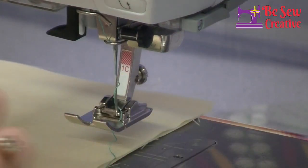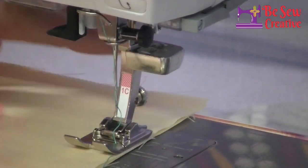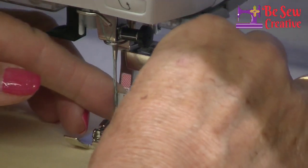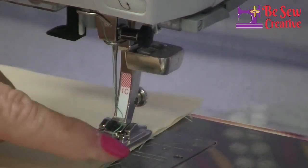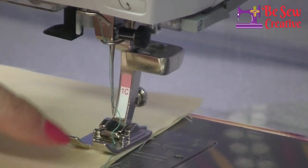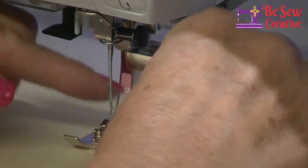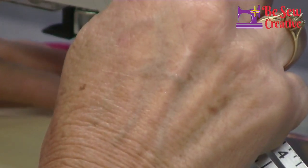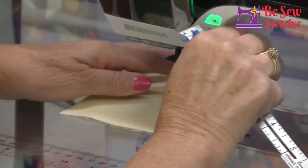So now you can see that my needle has moved clear over to the right there, and now if I measure from my needle to the edge, I have 1/4 of an inch because my needle has scooted over so much to the right. So on yours, depending on where your presser foot is, you can keep moving your needle over a little to the left, a little to the right. Measure it if you need to. Just go ahead and sew it out on a test. Sew something out on a piece of test cloth, and then